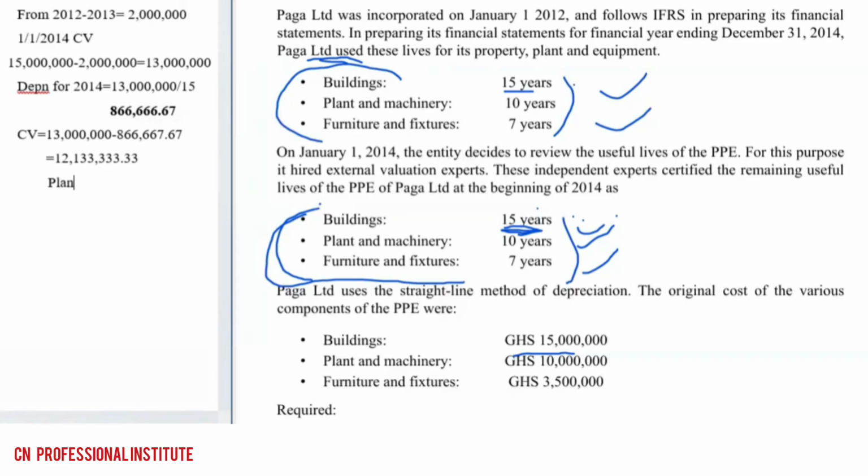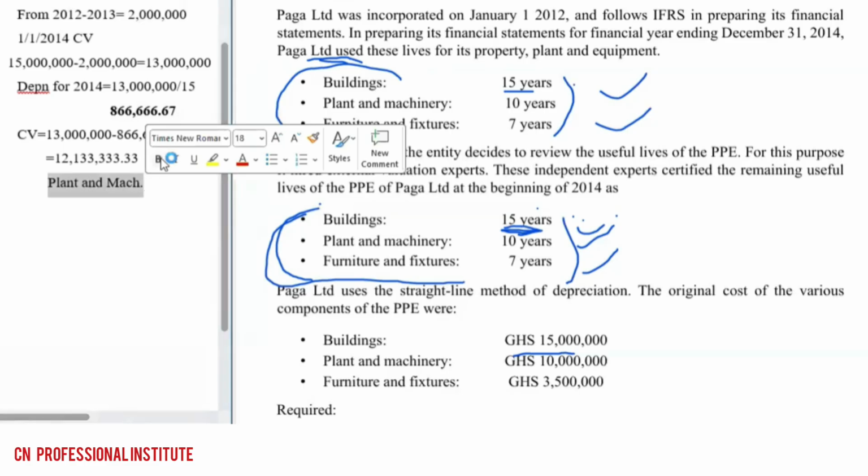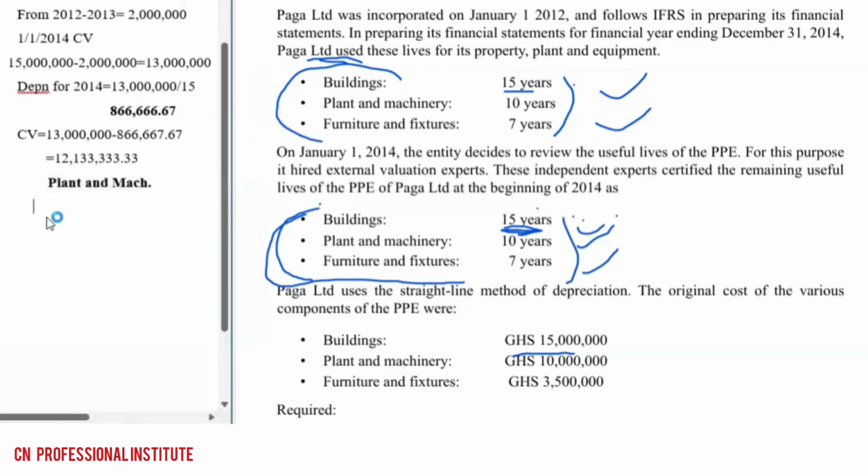So we have plant and machinery. Okay, so with plant and machinery, the same thing here. We are going to follow the same thing. We charge depreciation for 2012 and 2013 using the old life. Okay, so let's get the accumulated depreciation, and the accumulated depreciation will be for